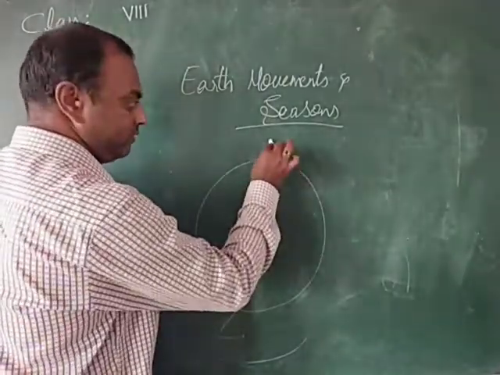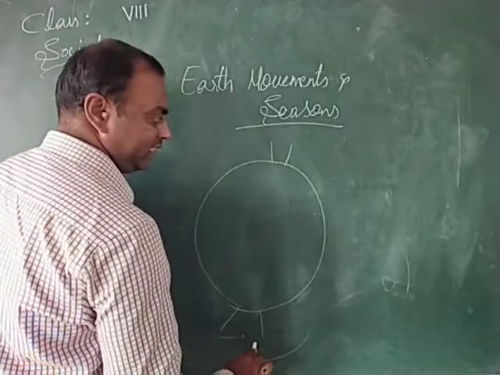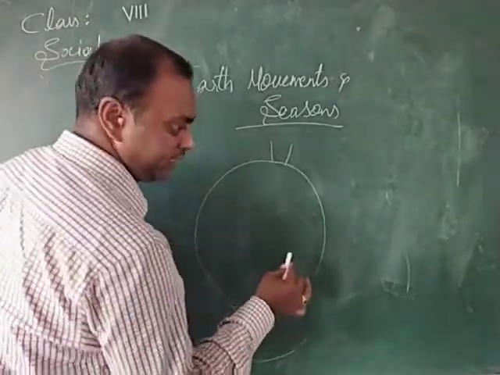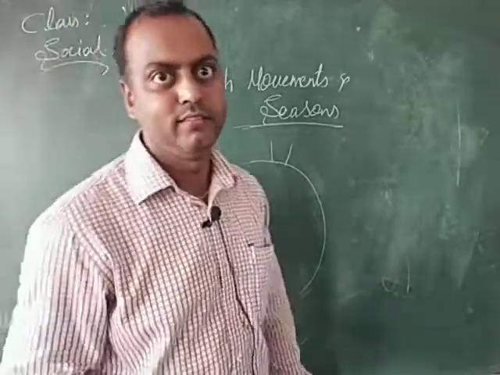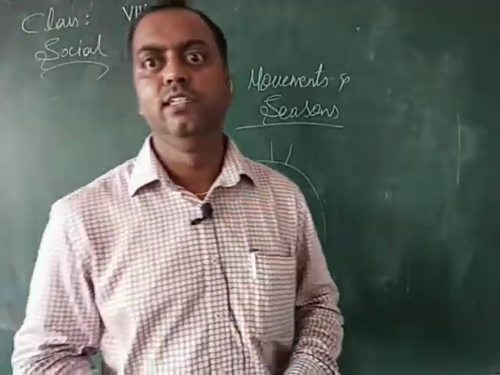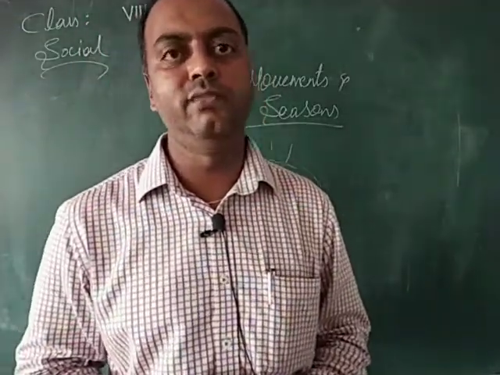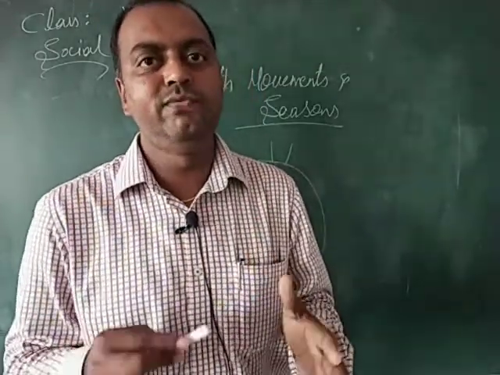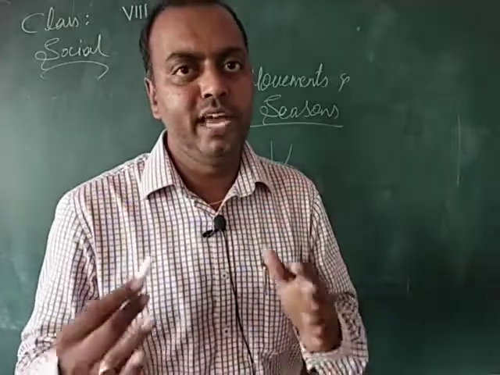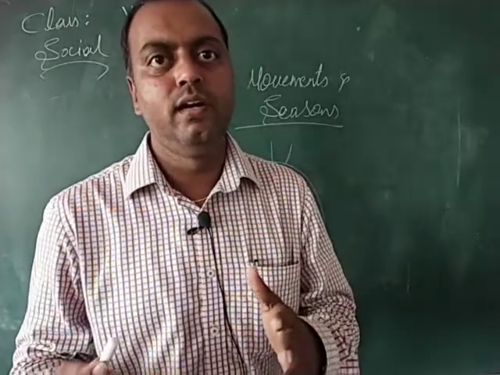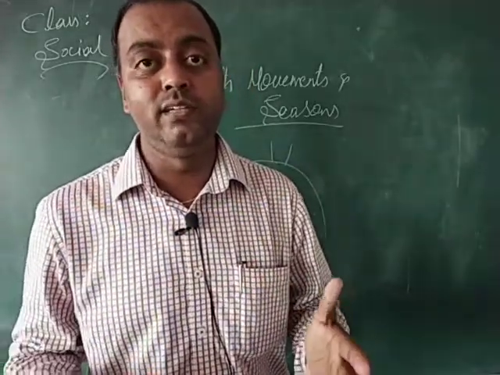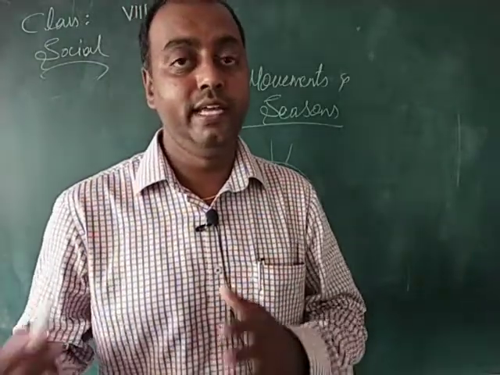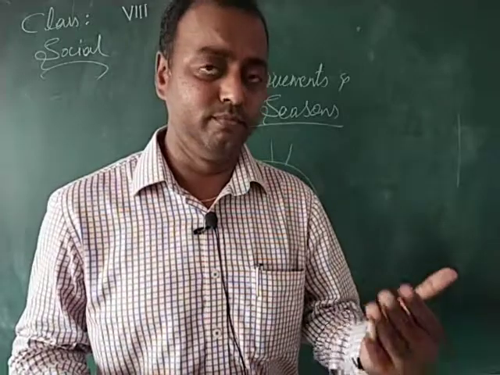This is actually 90 degrees, but earth is not in this shape, so it's a little bent. It's 33 degrees bent. So as a result of the tilt of the axis, the area which faces the sun directly keeps shifting throughout the year. If there is no tilt of the earth, the same area receives the same amount of insolation throughout the year, that area becomes hot and the other area becomes cool.